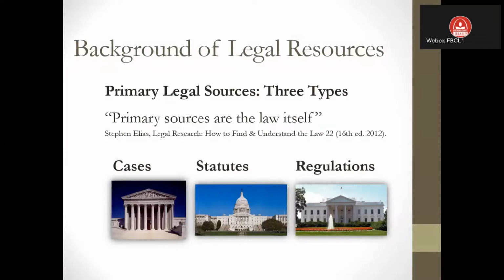This is cases written by the judicial branch, opinions that have come out of those that have changed, because we are in a common law system here in the United States. So case law carries a heavy weight when it comes to the law. Statutes, of course, written by the legislative